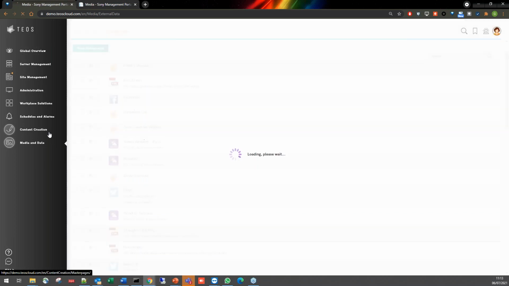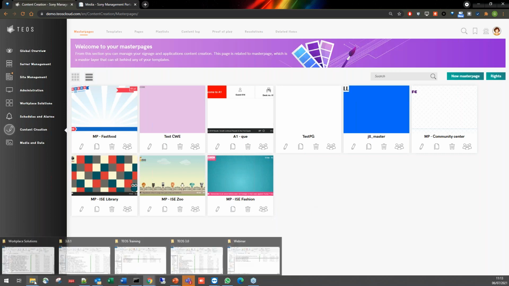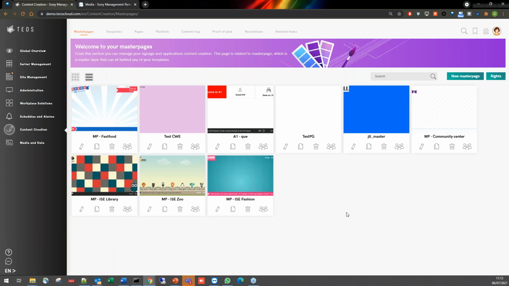Going now into the tab which is, of course, one of the most important for this specific topic, we are going to the content creation. In terms of content creation, we actually have different options. One of them is using our master pages. You can take our signage module, the possibility of creating content a bit similar to a PowerPoint.